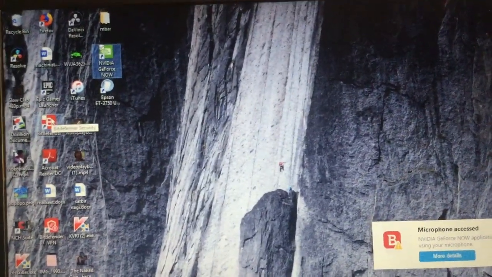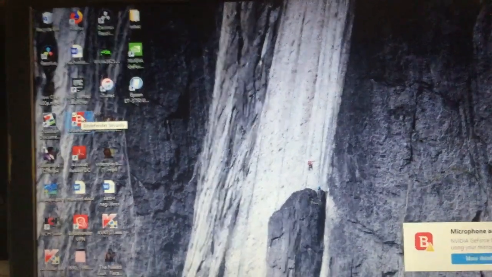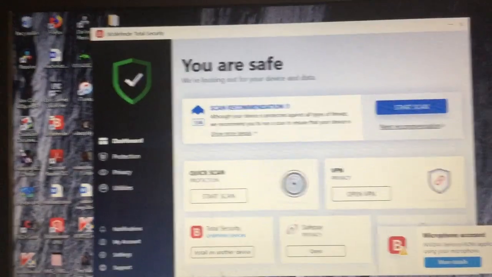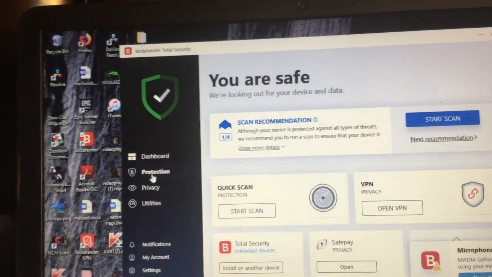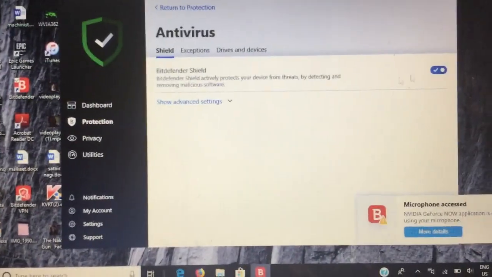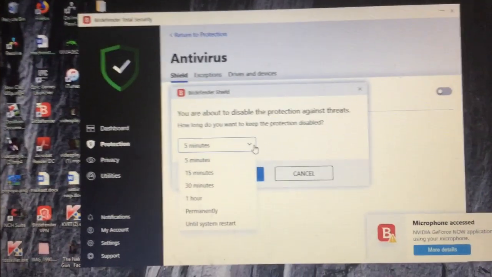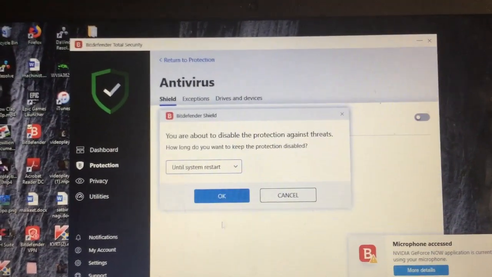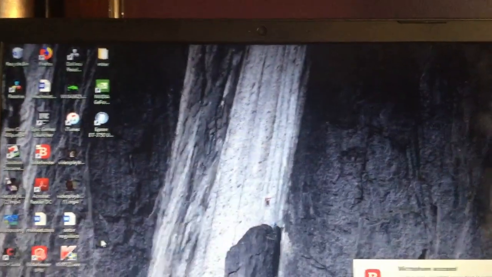So yeah, what you guys are going to do is go to Bitdefender. It's taking some time. And then, okay, wait, yeah, I already showed you guys the error code. You guys are going to go to protection, and go to settings and turn off the Bitdefender shield. You guys could do this for as long as you want, but I personally recommend you do it until system restarts. So you guys say okay, and then you hit exit, and then you are